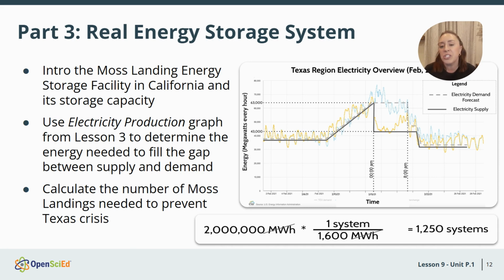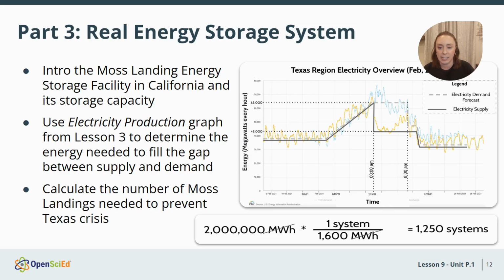And students are introduced to the Moss Landing Energy Storage Facility in California and how much energy that facility can hold. And then we revisit these electricity production graphs from lesson 3 to try to figure out what is the gap between energy supply and demand. And we use that calculation to figure out how many Moss Landing systems would have been needed to prevent this